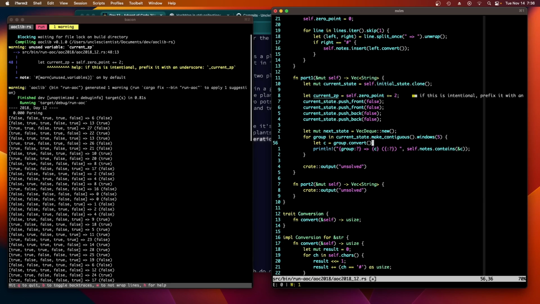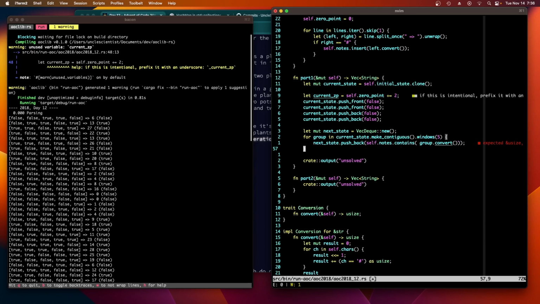And then that's all we're going to do, right? So we can just say CF equals, there we go. Next state dot push back group convert self notes contains group convert. Right? And that'll be the next state for our